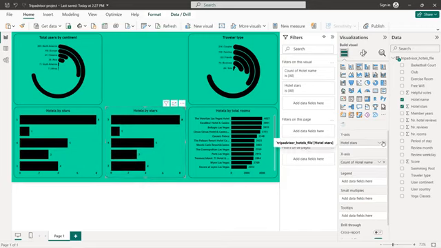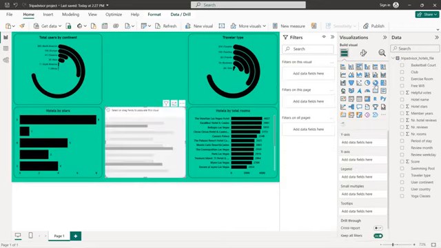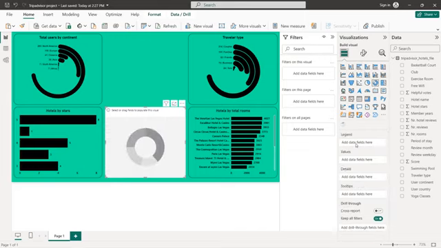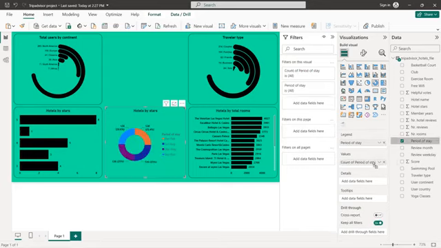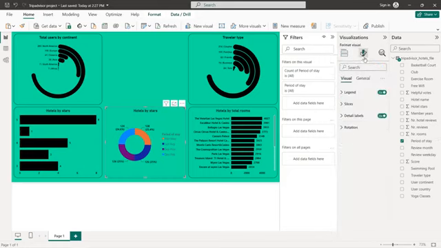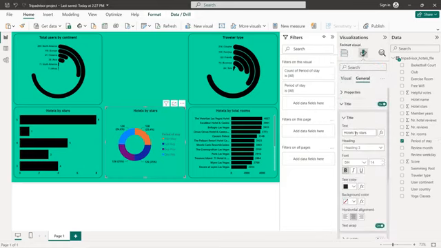Okay, we can remove everything. We select donut chart and can select period of stay, and the value, same thing, it will be the count. All right, we can format that. So we have the title, users by period of stay,